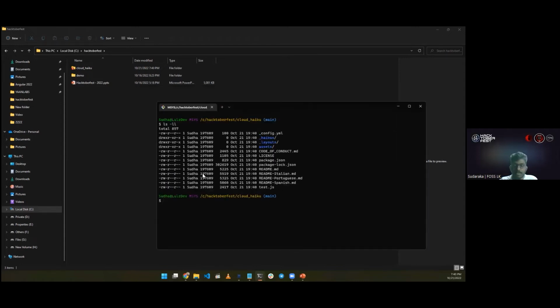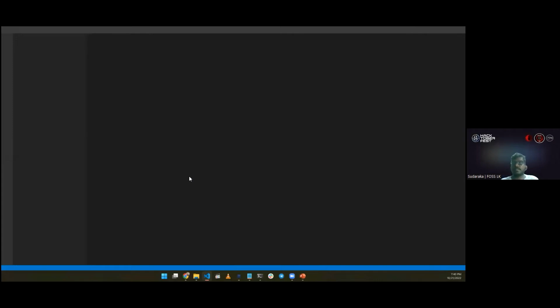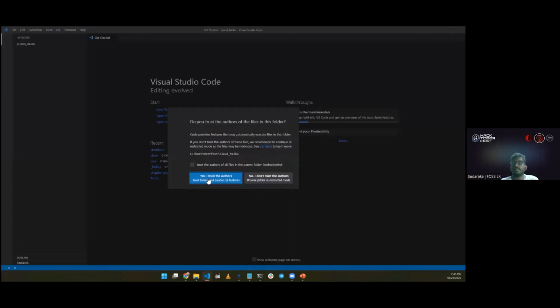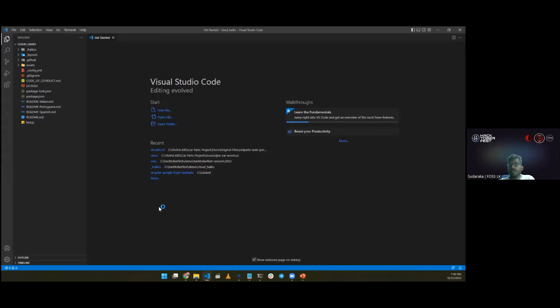So I'm going to open this project in my code editor. Okay, so now we have cloned the repository and opened the project contents through our IDE.